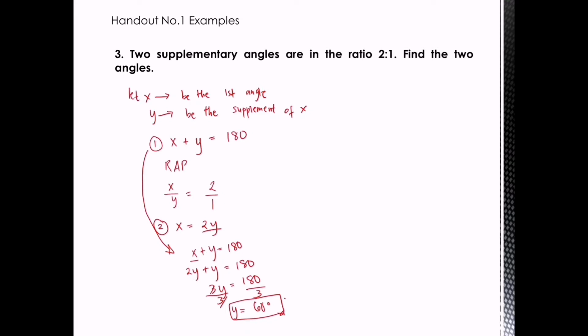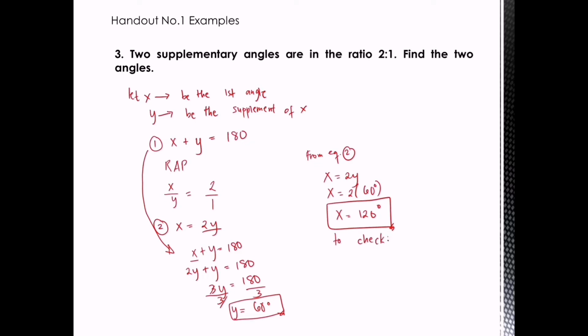Okay. And then the other angle, so from equation 2, class, x is equal to 2y. X is equal to 2 times 60 degrees. So x is 120 degrees. So to check,